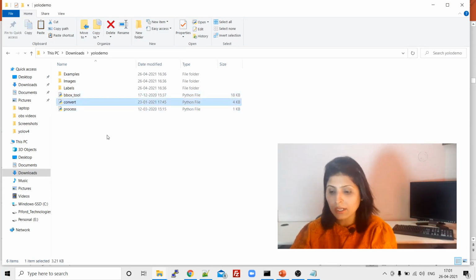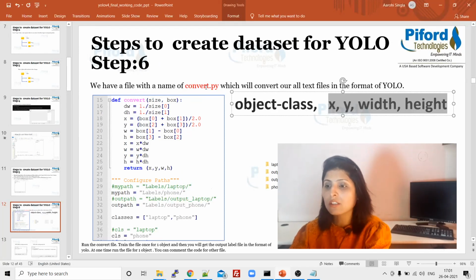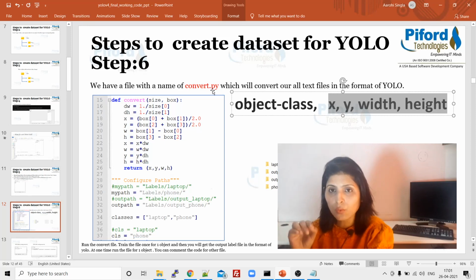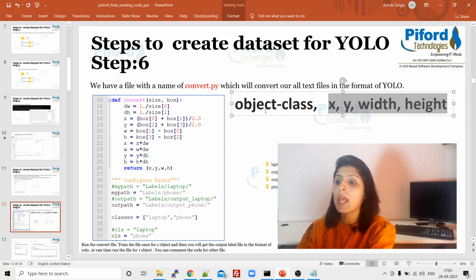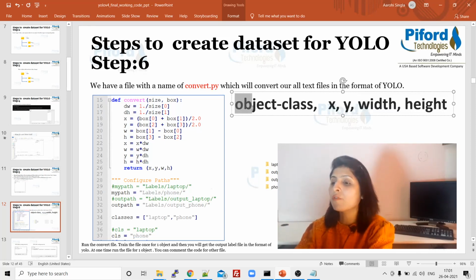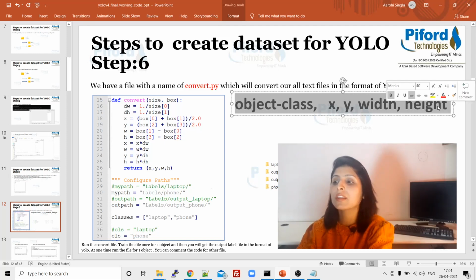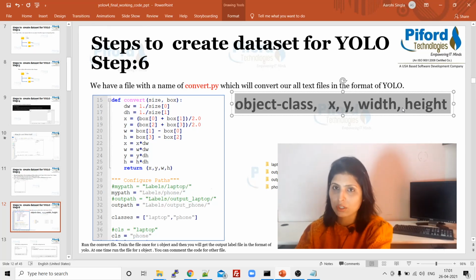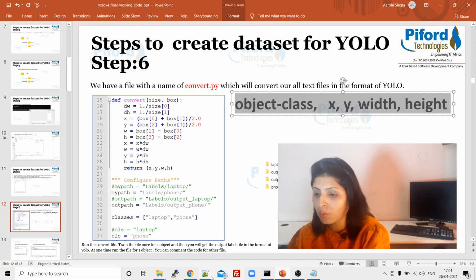So the next task is to open that convert.py file. This convert.py file will help us convert those text files into the format which YOLO accepts: the class name and then x, y, width and height. So let's open that convert.py file now.